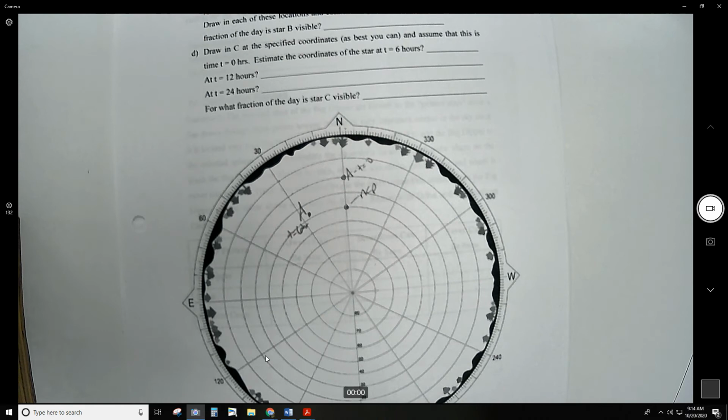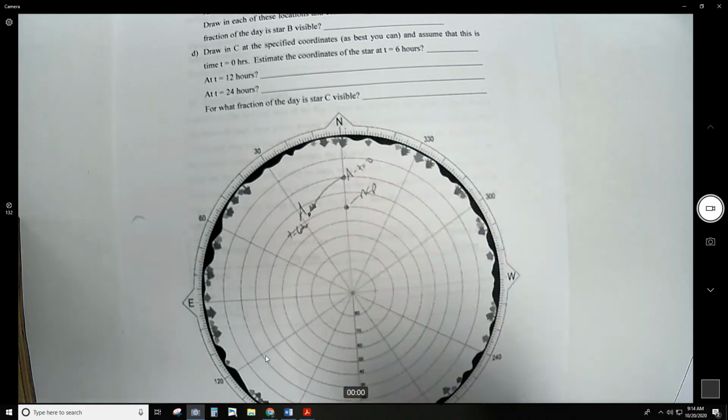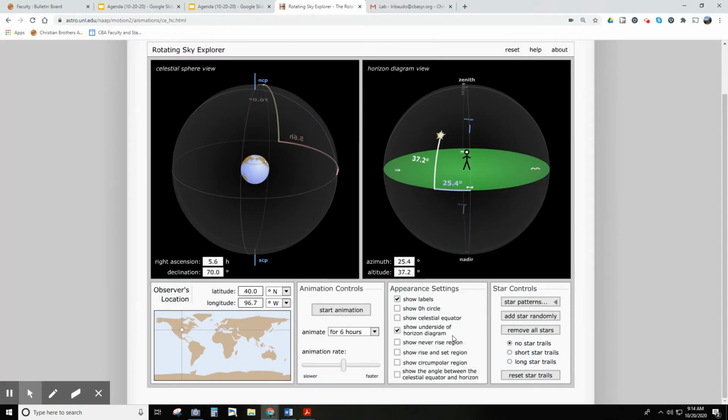And so we drew an A, and we're going to connect that. We're just going to draw an arrow like that, okay? Next, what you're going to do is come back to this, and you're going to do it for a time of 12 hours. So that would be an additional 6. So again, start the animation,